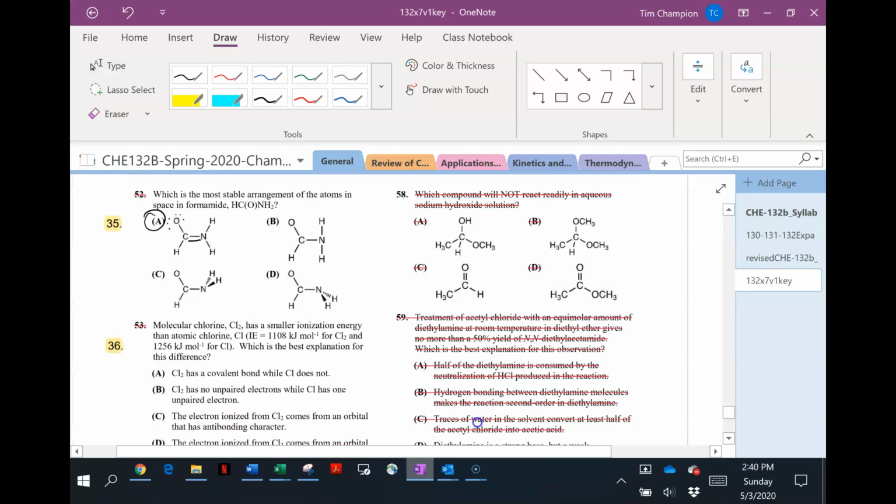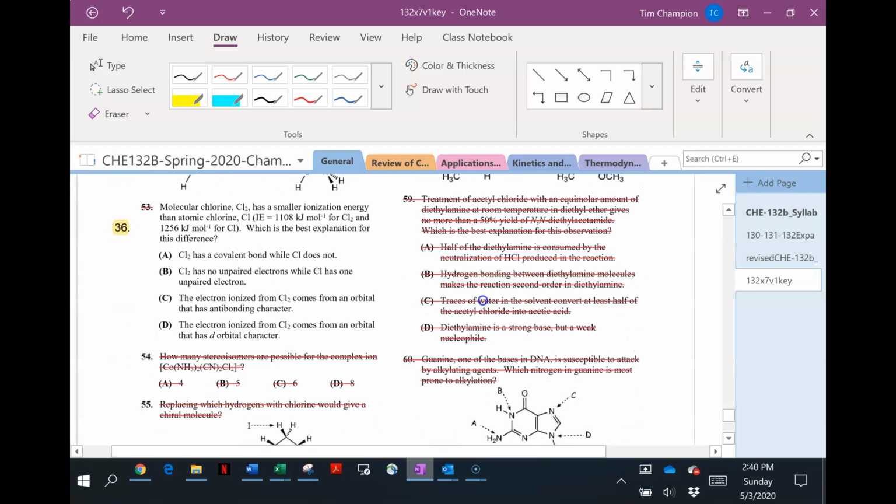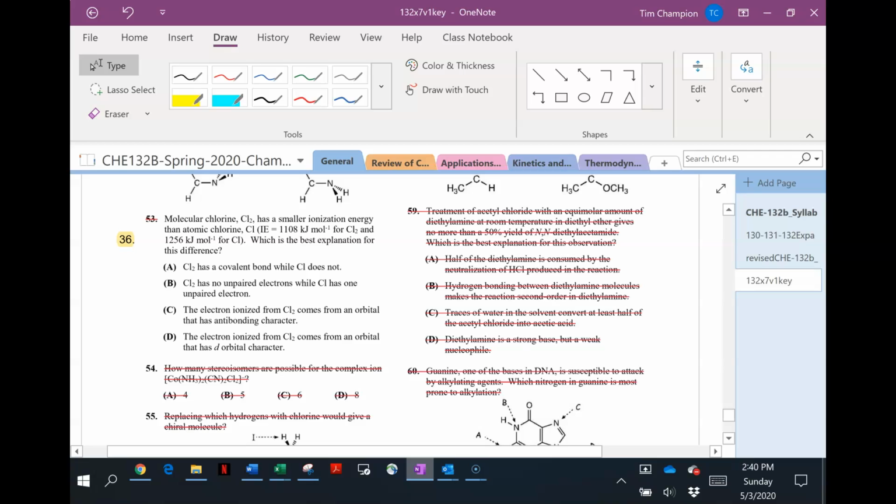Number 36. Did I skip one? No, I didn't. 36. Looking at molecular chlorine having a smaller ionization energy than atomic chlorine. Why is that? And of course, the reason for that is that when you look at the electrons in chlorine and you do the MO diagram, that electron is antibonding. And so if we look at Cl2, you've got